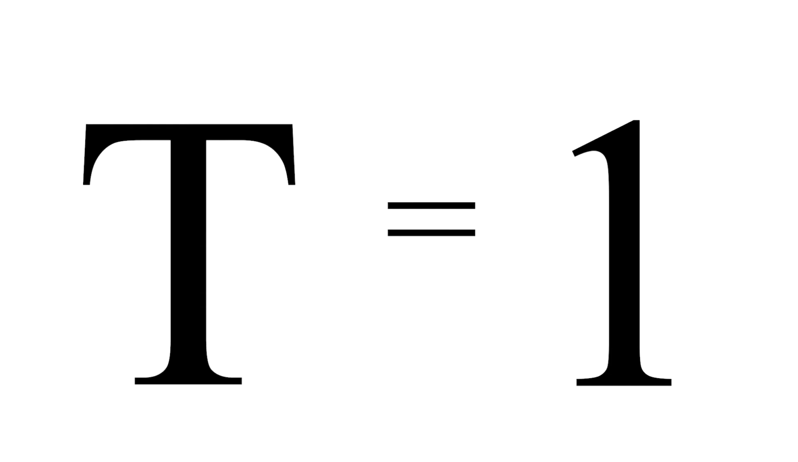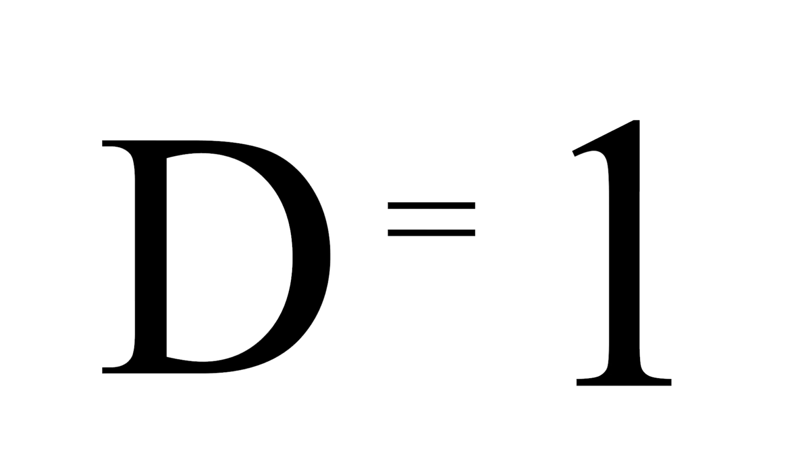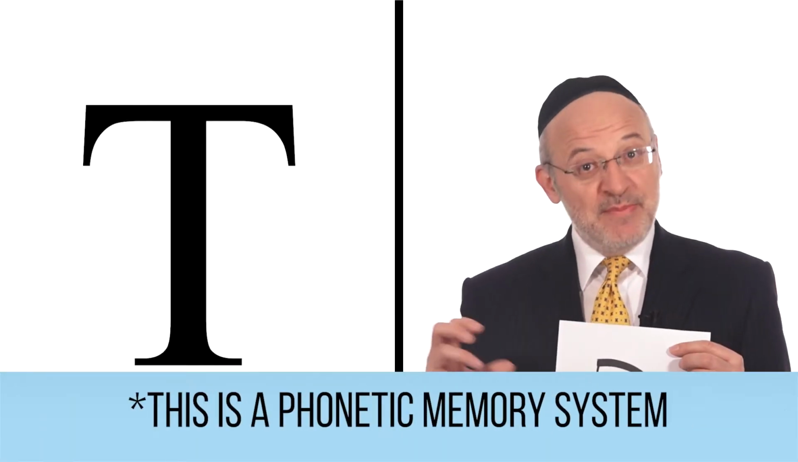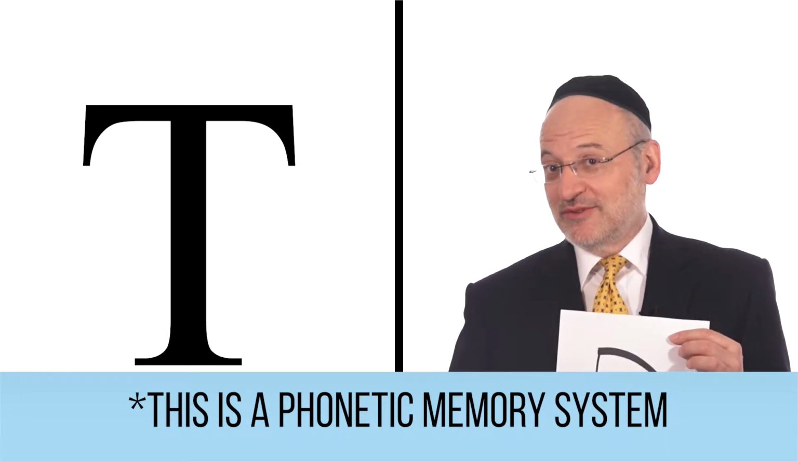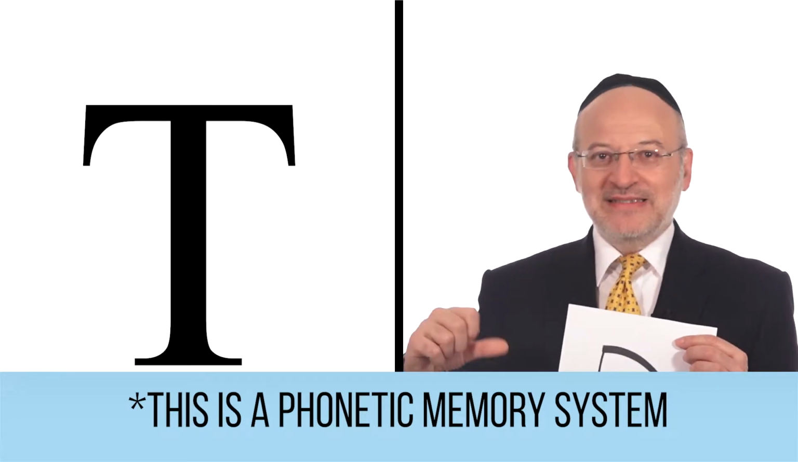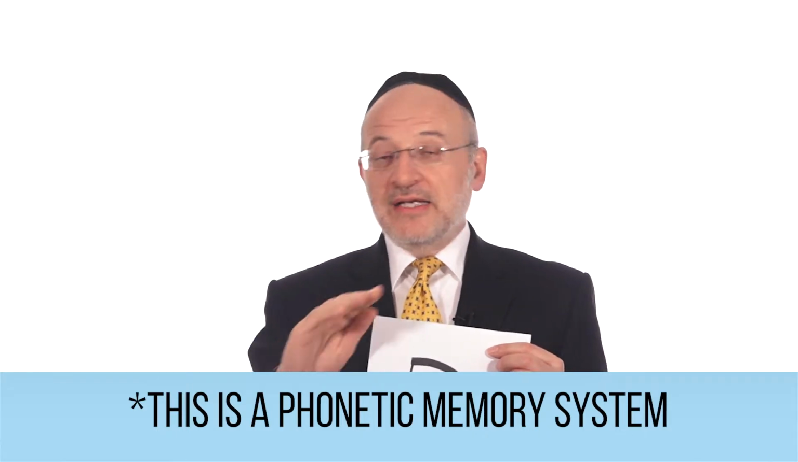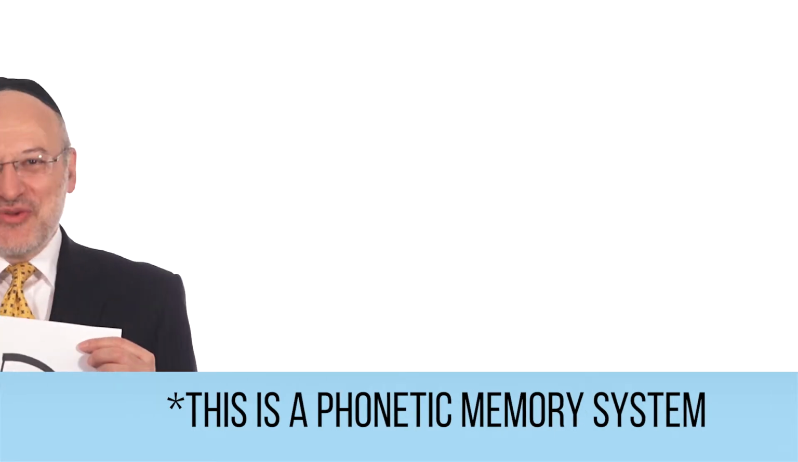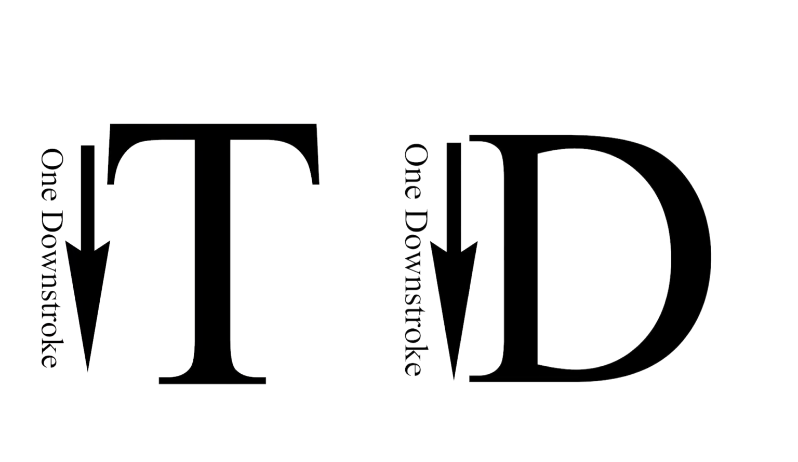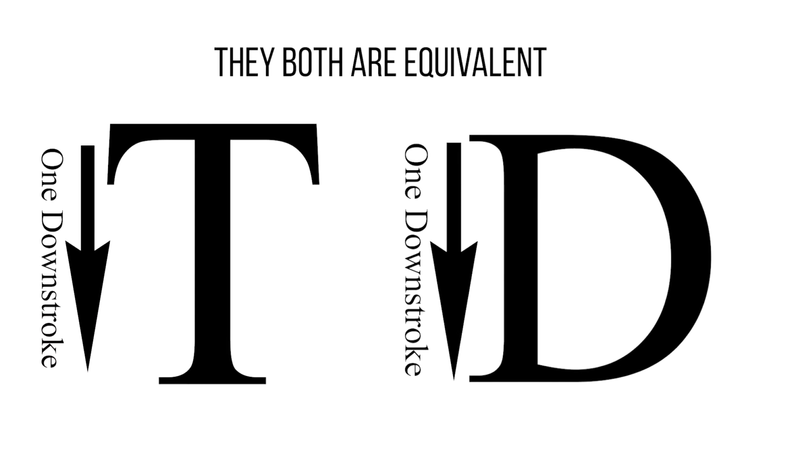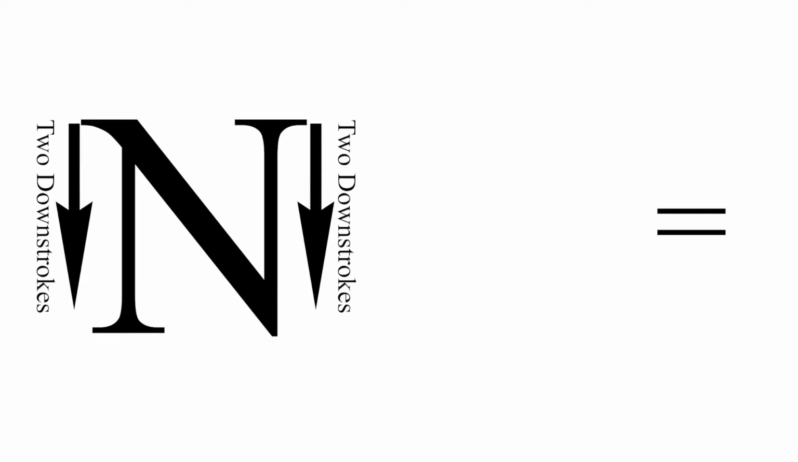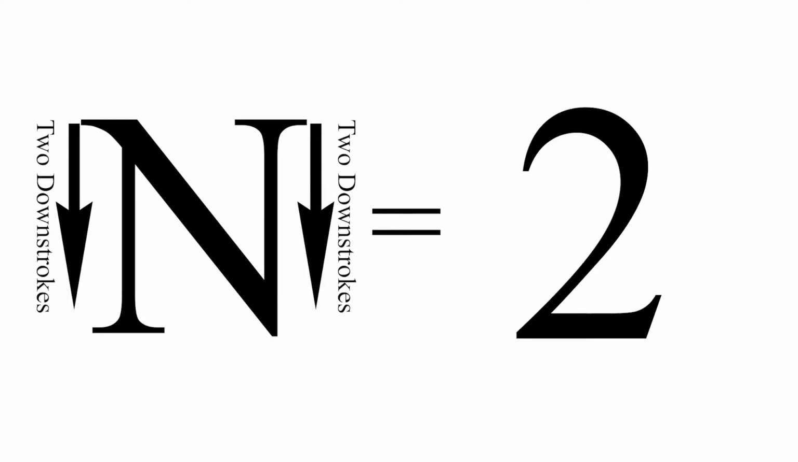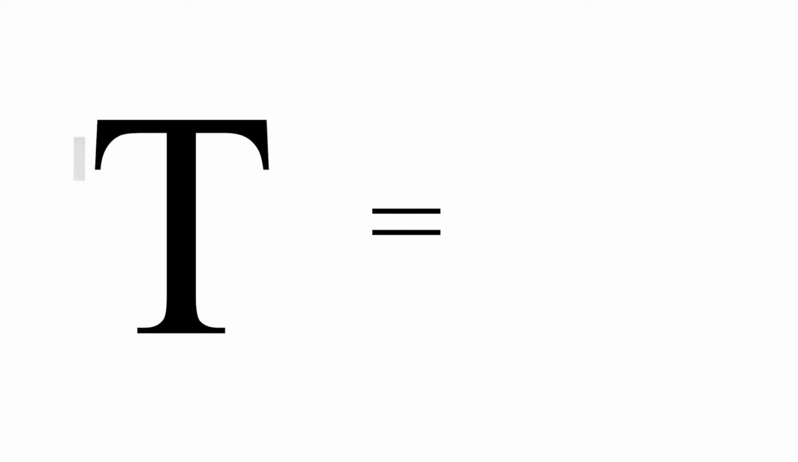T and D, this is a phonetic memory system. Phonetic means sound. So it's the way it sounds that makes it a number. Number 1 has nothing to do in the way you pronounce number 1 with T and D. It's just that the 1 downstroke in T and D reminds you that they both are equivalent to number 1. N has 2 downstrokes. And that's the way to remember it's equivalent to number 2. So T is 1,